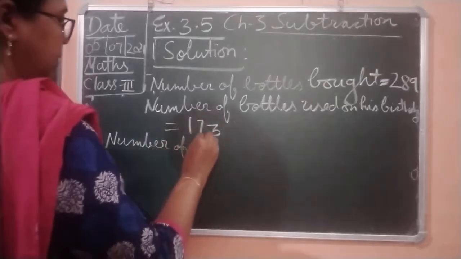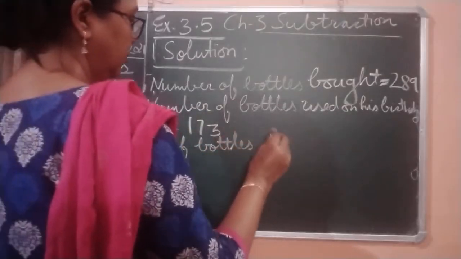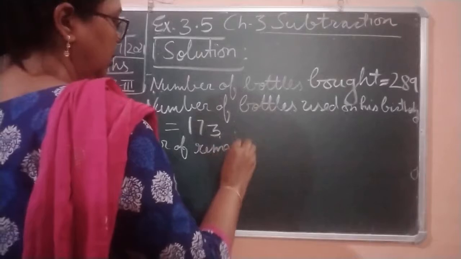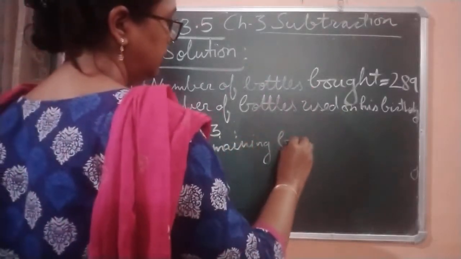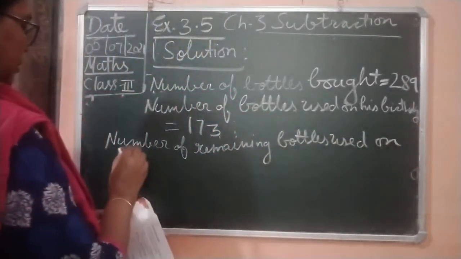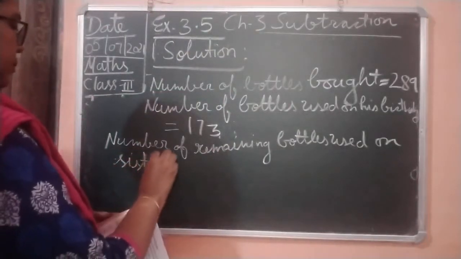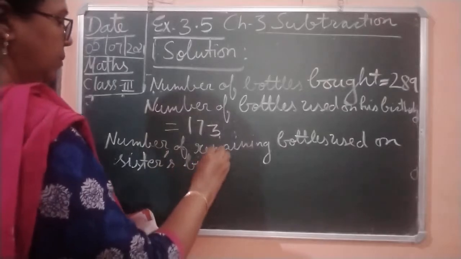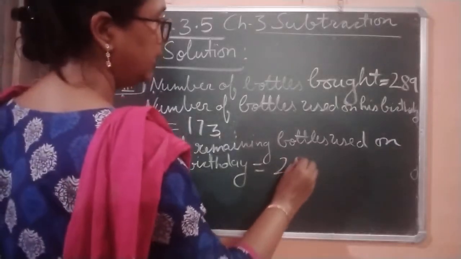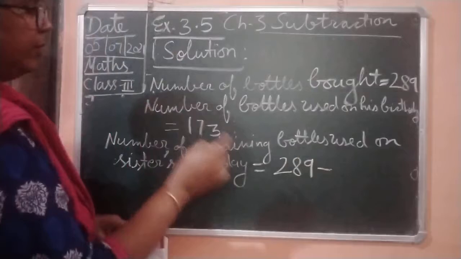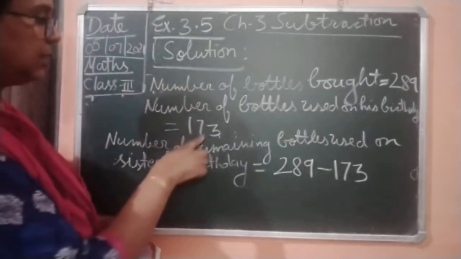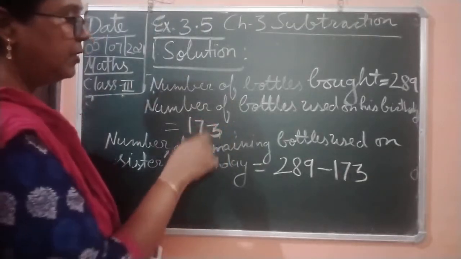Now number of remaining bottles you can write. Number of remaining bottles used on sister's birthday. So how can we take out? First we will write 289 minus 173. We have to subtract first, because here you can see 173 soft drink bottles were used on his